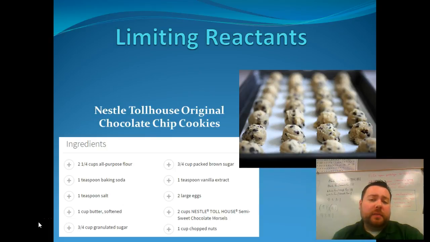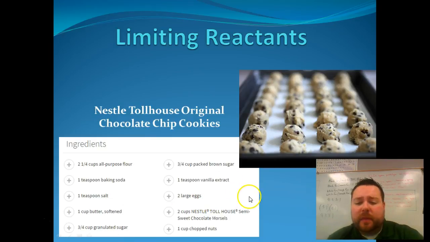In the past, we've talked about how a chemical equation is kind of like a recipe, and so below I have the Nestle Toll House chocolate chip cookie recipe, and it looks just like any other basic recipe, showing that you need 2 1/4 cups flour, a teaspoon baking soda, sugar, brown sugar, and then we go down here